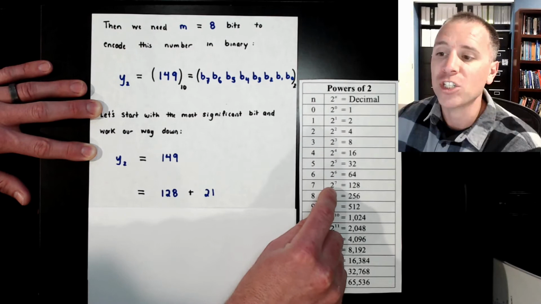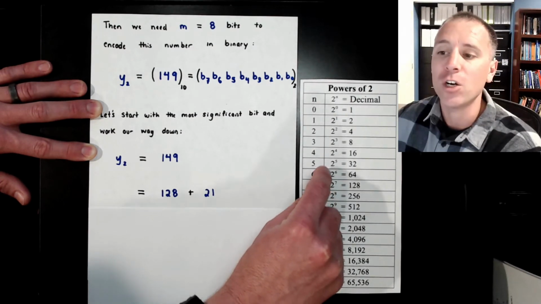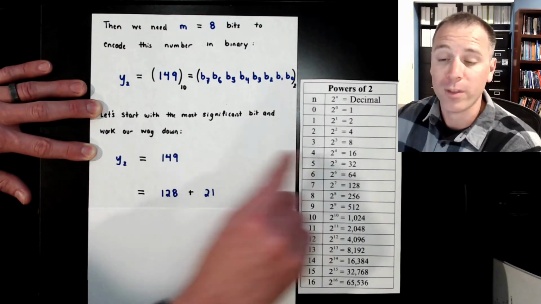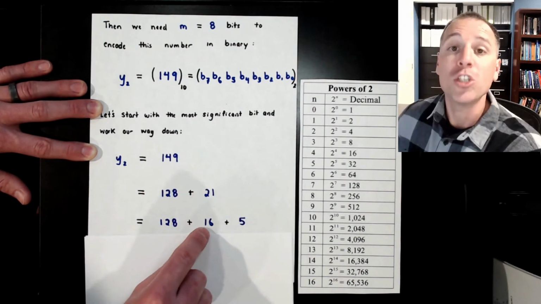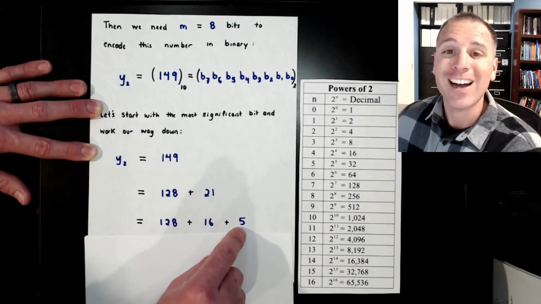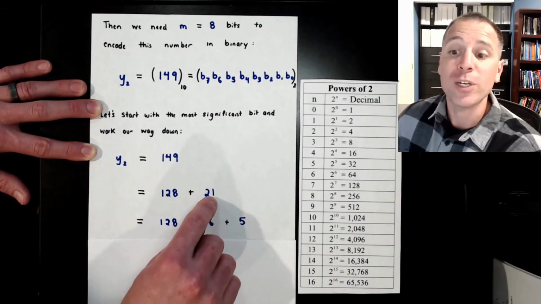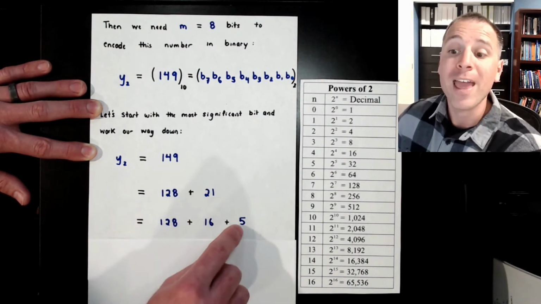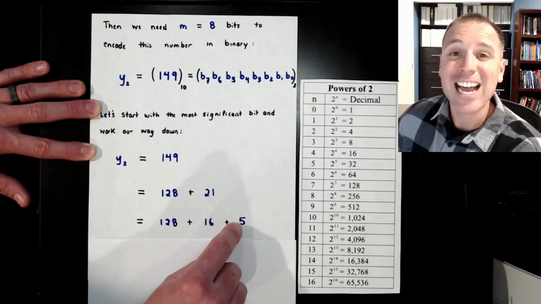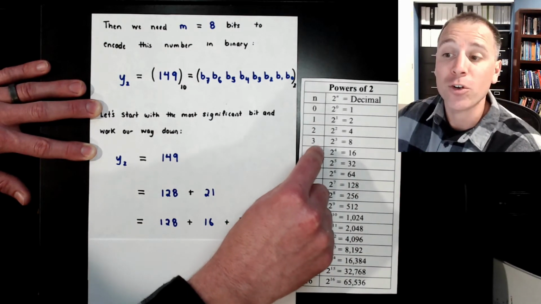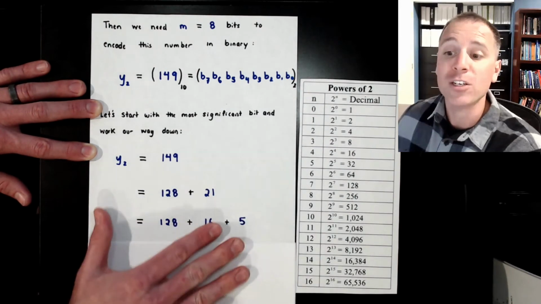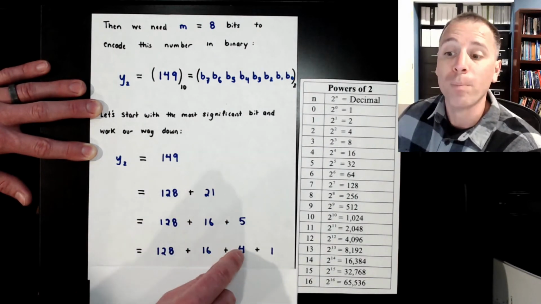Well, let's go ahead and just scroll down. Is it 2 to the 6th? No. 2 to the 5th? No. 2 to the 4th? Yes. We're going to now decompose 21 into 2 to the 4th plus 5, where 5 is the difference between 21 and 2 to the 4th. Now we ask ourselves, what's the next highest power of 2 that is less than 5? It's not 2 to the 3rd, it must be 2 squared, so we can decompose 5 into 4 plus 1.